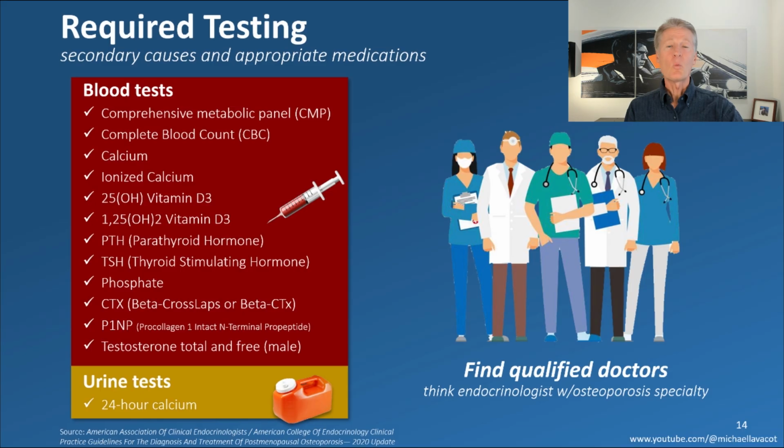Okay, while you're doing all this, try to add someone to your team here that can help you. Try to look for an endocrinologist that specializes in osteoporosis. They're actually pretty tough to find. I live in Orange County, California, and I have to drive an hour down to San Diego to find a doctor that I felt was qualified for me. So try to get that person on your team. You're going to save a lot of time.